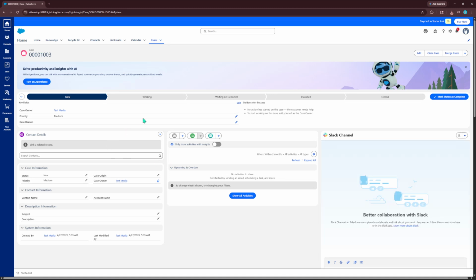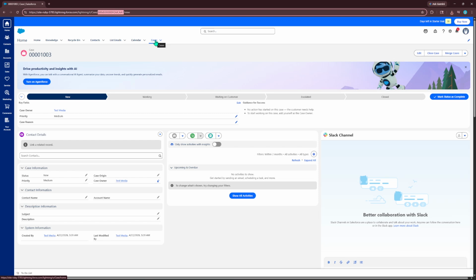Take a glance at your web browser's address bar. You'll notice a mix of letters and numbers following the main URL. This combination is the object ID you're looking for. It's unique to the case or object you're currently viewing and is essential for identifying this specific record within the Salesforce system. Remember, the object ID is a key component when navigating the back end of Salesforce or when integrating